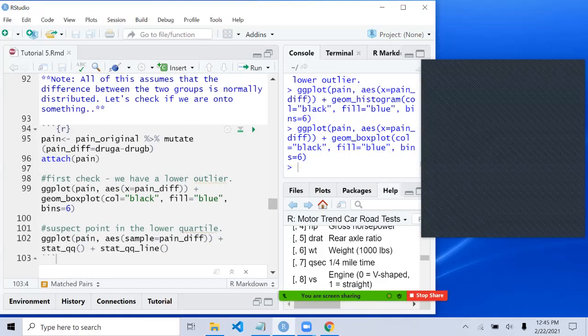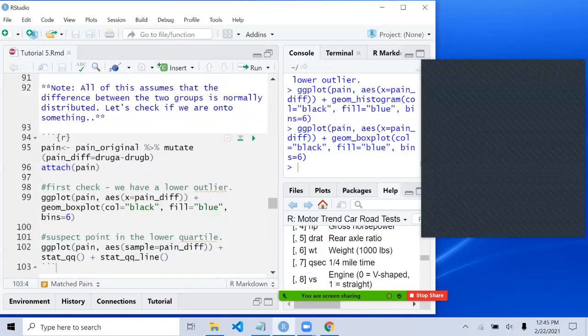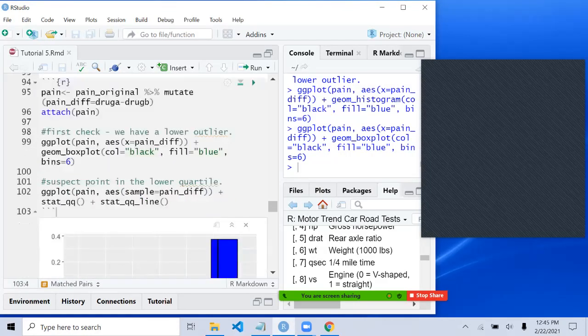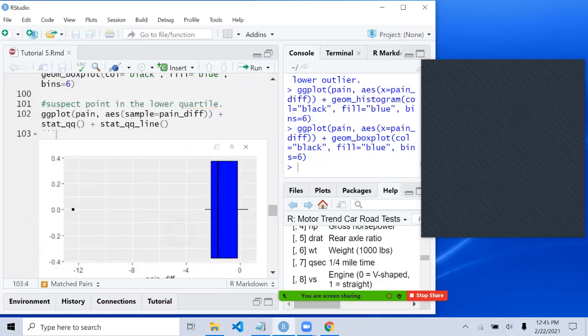Or it depends. I think this is actually pain score, which probably means drug A is better than drug B because the pain score is higher in drug B. So that means people did better in drug A. So drug A probably did better. Now the issue with this is that it's only based on this one huge outlier that pulls the whole mean backwards. Perhaps if you remove this outlier,